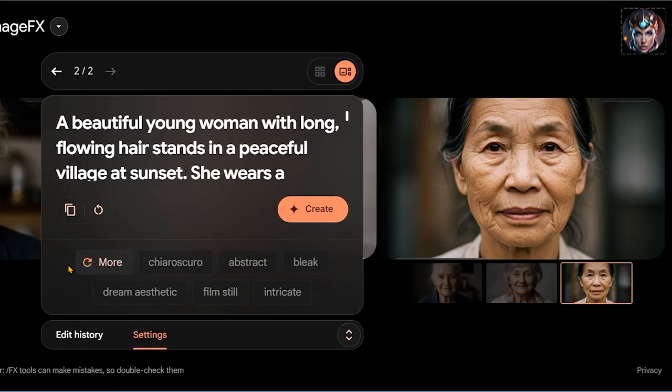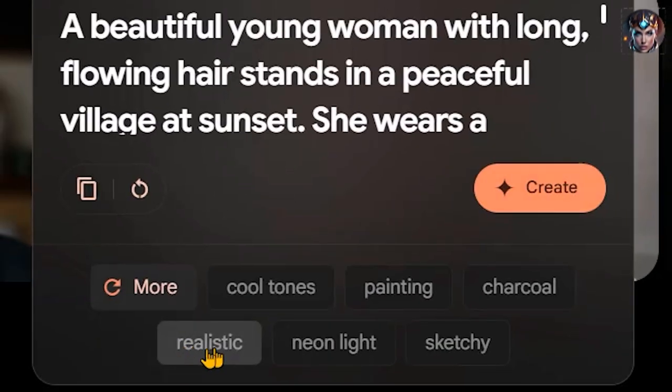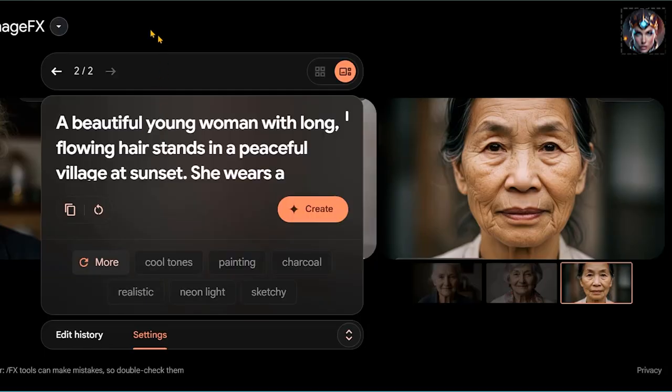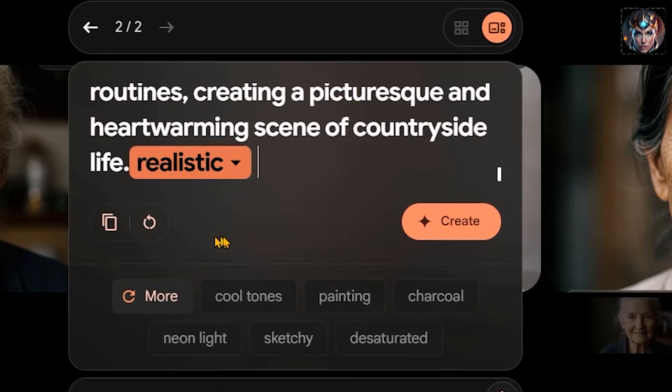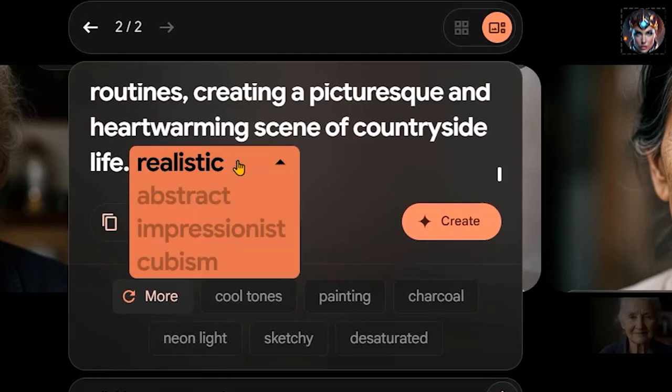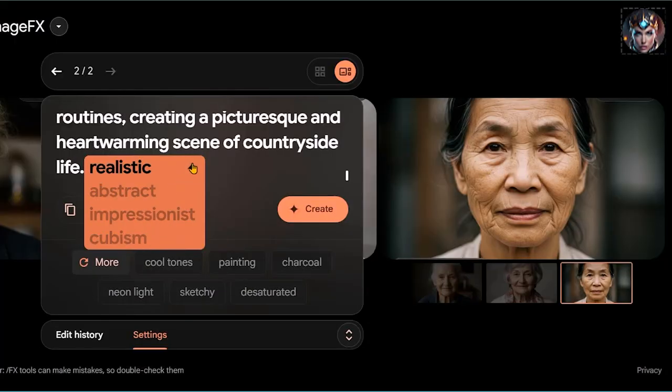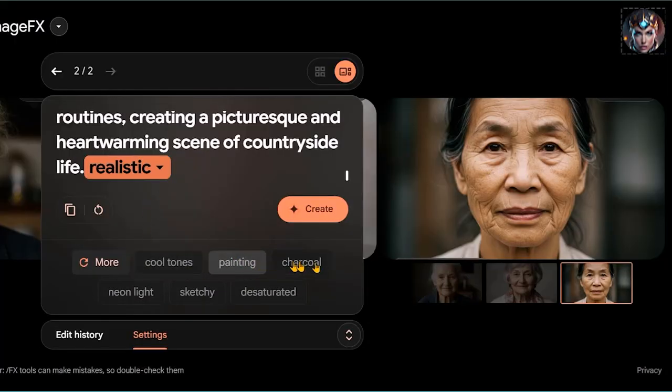Now, if we go to the Styles section, you'll notice several options such as high contrast. You can also apply different camera lens effects, and there are realistic styles available as well. If I select realistic, you'll see a realistic tag appear. Clicking on the arrow next to it reveals even more styles. And if I click on more, it continues generating different variations, including cool tones, painting, sketch, editorial photos, close-ups, handmade,